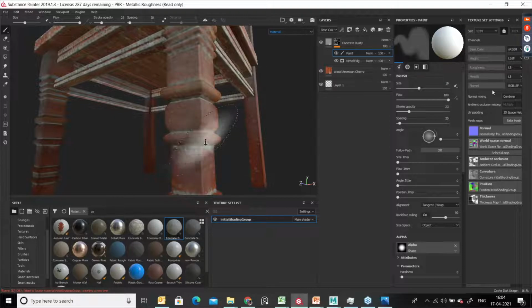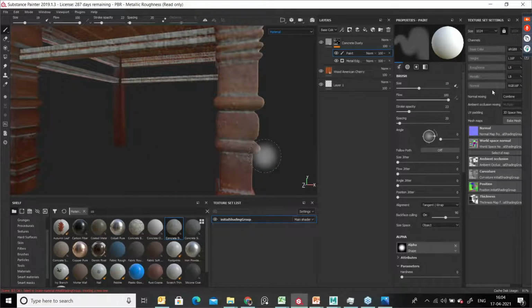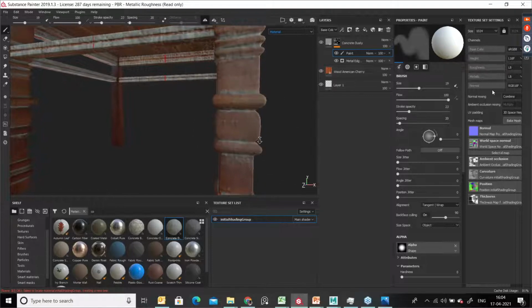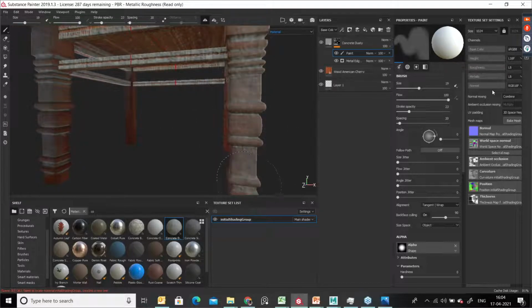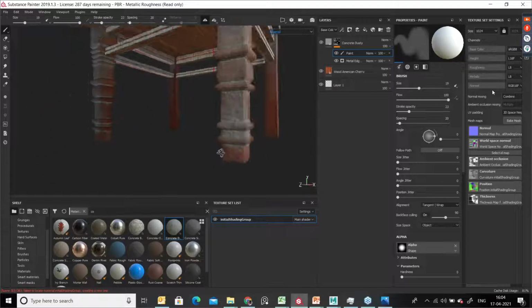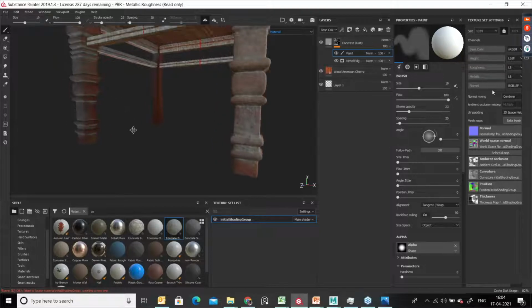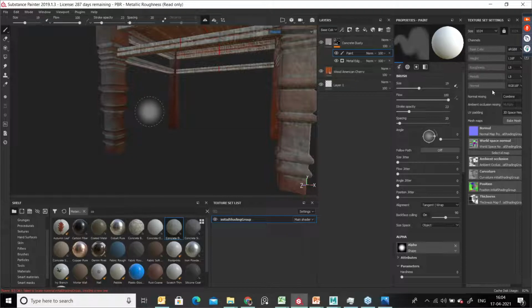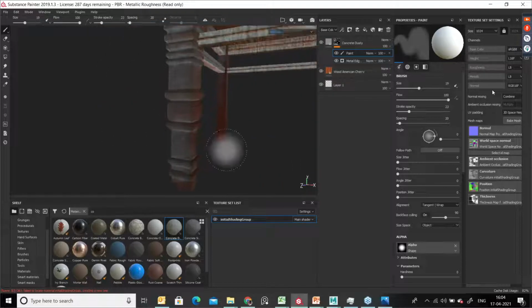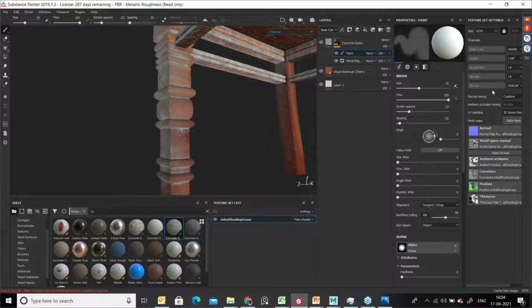Okay, so if you want to apply a symmetry of texture on both legs, you can just press L. Symmetry is on, then you can get the same kind of texture on both legs. But sometimes the variation you need to show. So instead of applying one leg paint, both legs you can do randomly. Then only the randomness feel will come. The randomness feel will come when you wash your chair. So just switch off this symmetry and go here and try to change the light direction and apply the stroke.